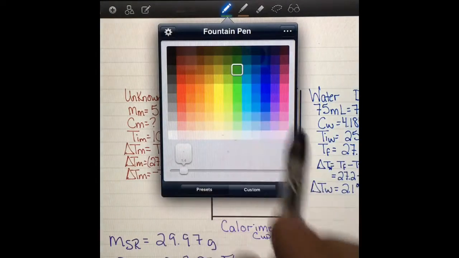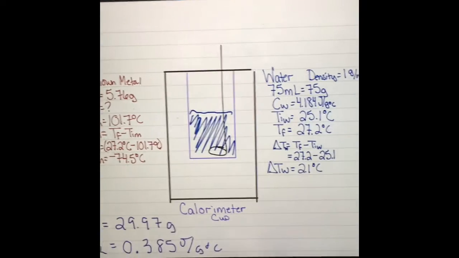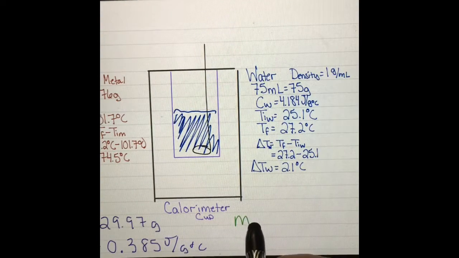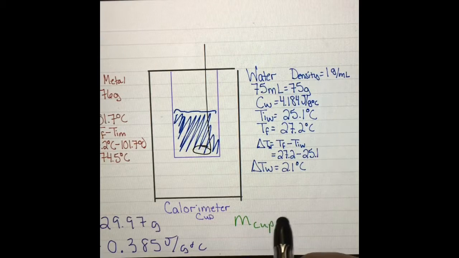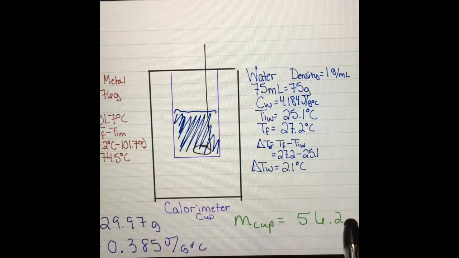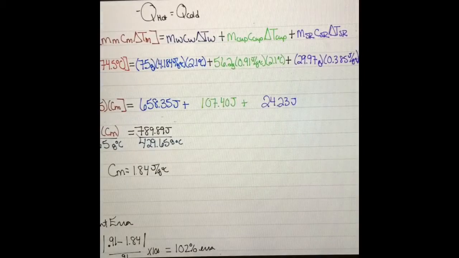But then you also have the container itself, and that container also has a mass. And so for this group, the mass of their cup was 56.2, and the C for the cup is 0.91, and that will be the same for everybody. Now with that in mind,